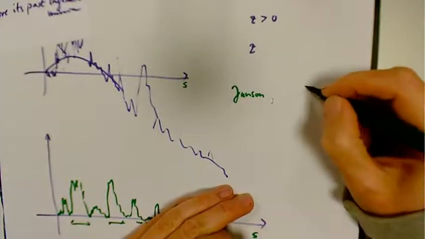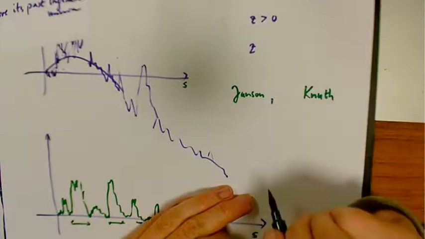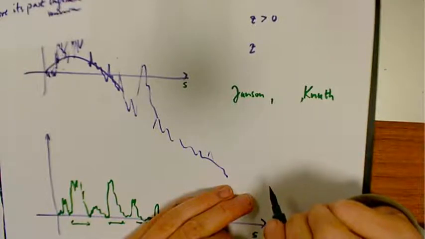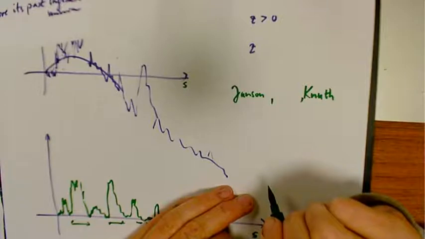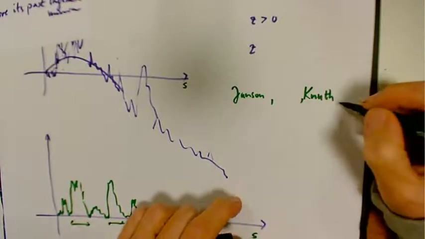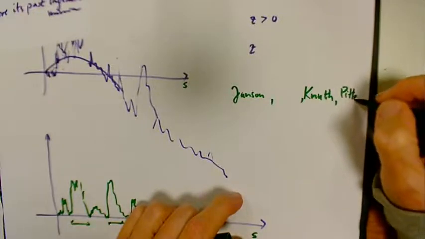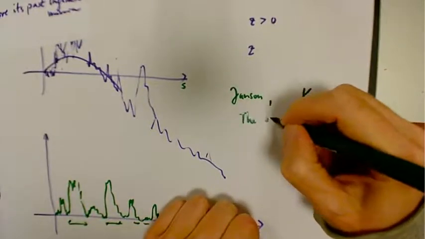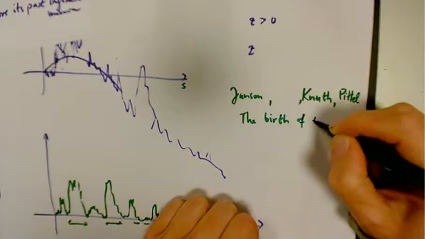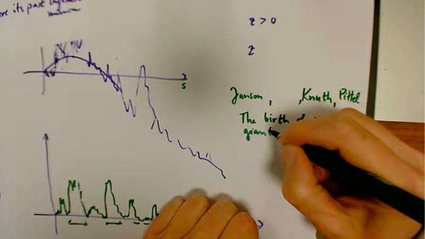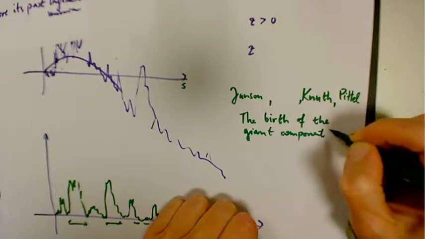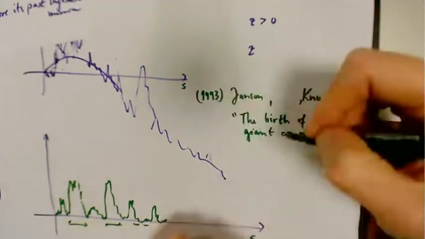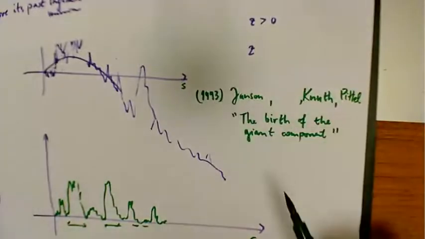who else was there? There was Knuth, and I think Pittel, and someone else. It's called The Birth of the Giant Component. It is about the giant component, and it is 1993, but I would start searching who is citing them, because